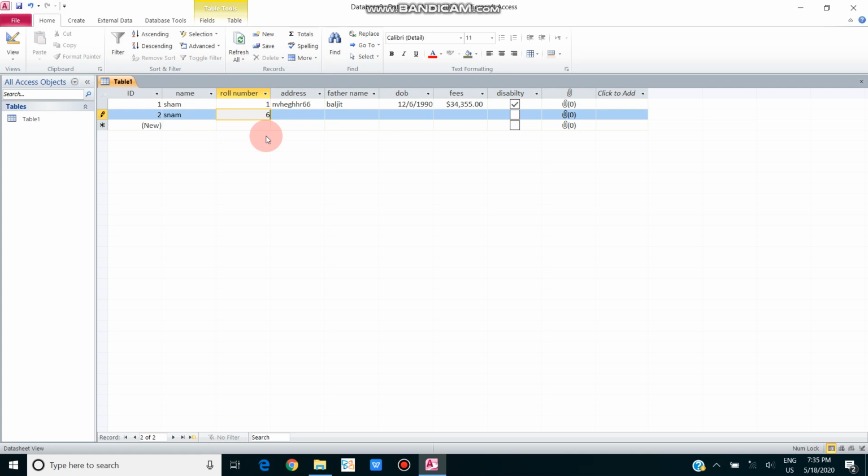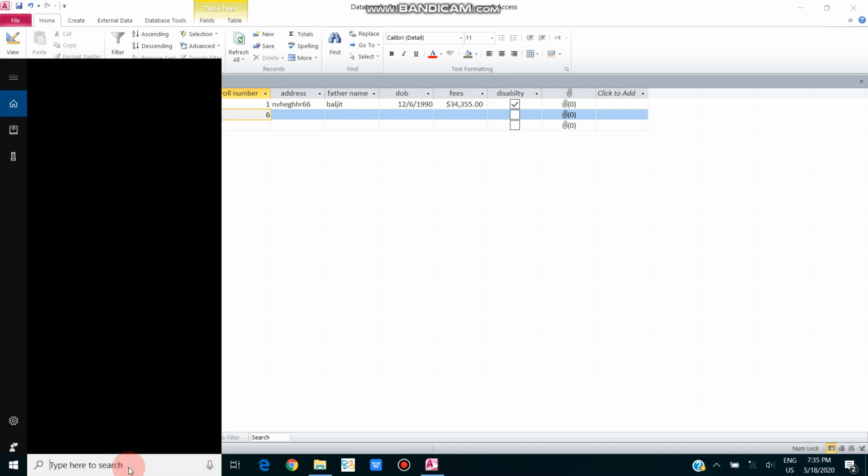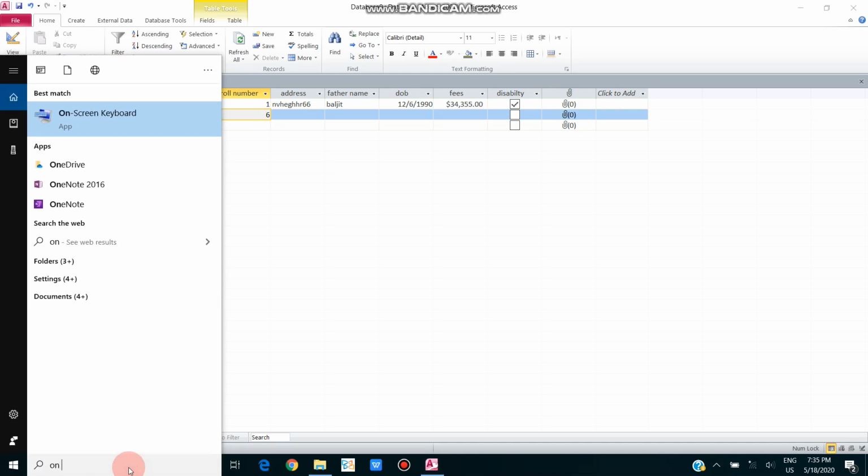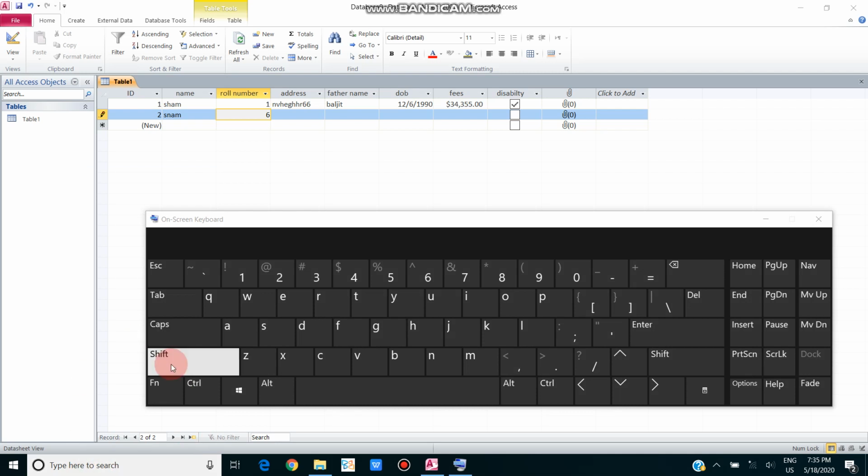So next is entering data in a table. So here you have to select your data. You have to write all the datas in it. If you want to move to the next one column, you will choose the tab option. Tab option, let me show you. I will choose on screen keyboard, and there is option. You can see here I have selected here. Whenever I click on the tab option, automatically my cursor will move to the next one. Again tab, again next. In this way you can move to the next one cursor.